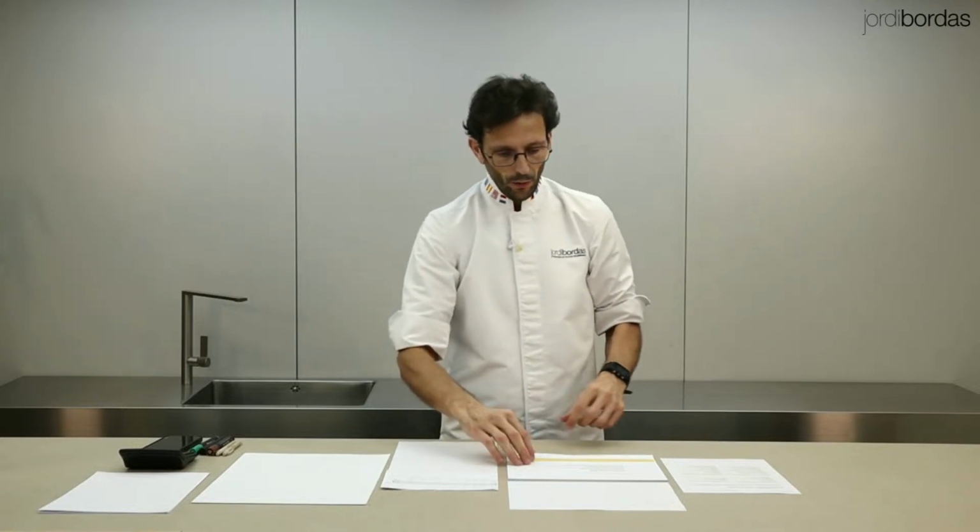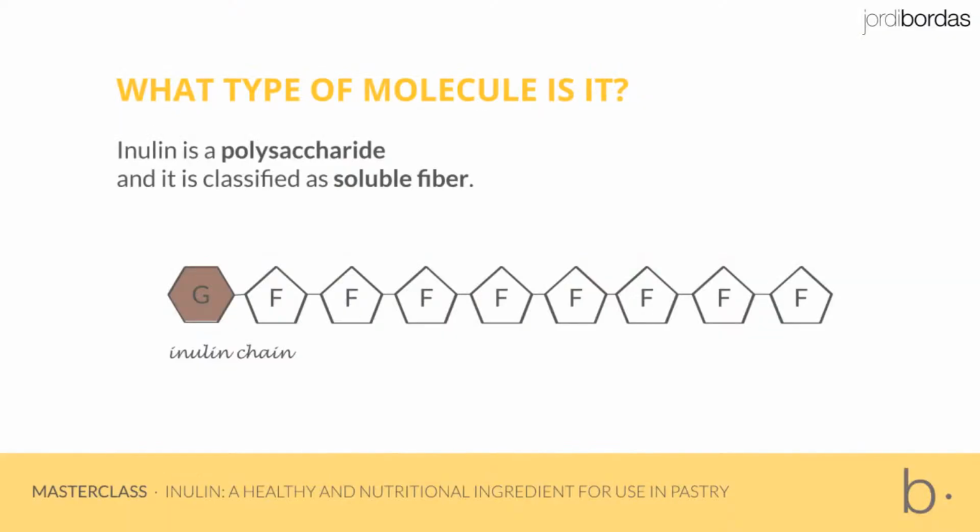Okay, let's go to the next part of the presentation. This is really interesting, no? It took me time to understand the difference between sugar, saccharose, and a fiber. And here you see the picture. What type of molecule is it? Inulin is a polysaccharide, and it's qualified as a soluble fiber, no? That means that here we have one molecule of glucose, and then a minimum of 2 molecules of fructose attached to